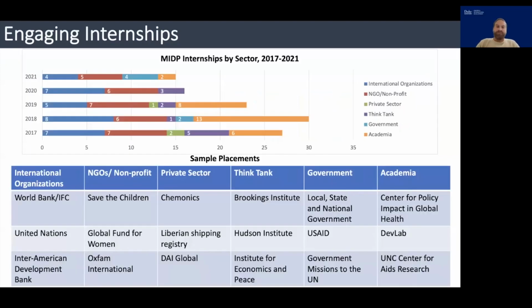For the 2-year program, you do have a required internship, and you can see here the different organizations and types of organizations that students have found internships with over the past years. Everything from the World Bank to nonprofits like Save the Children, to think tanks. Some people return to work for their governments or work for US government entities like USAID,